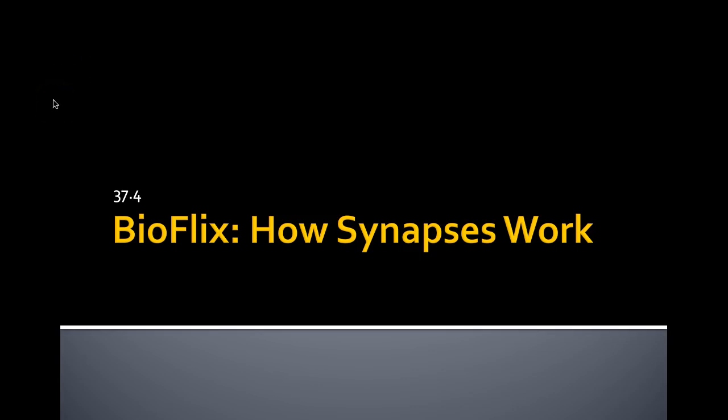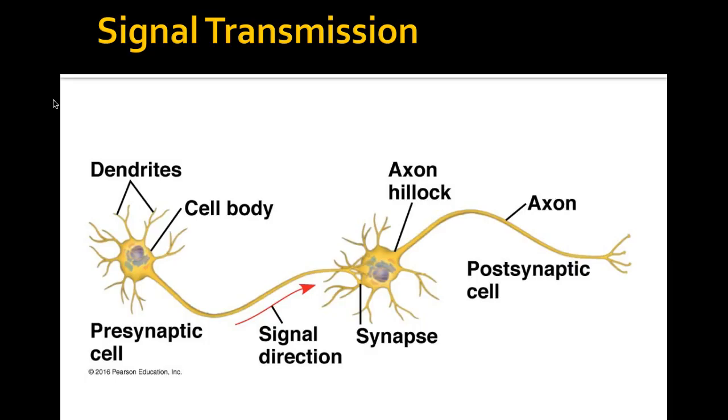Section 4 is about how synapses work in a neuron cell. A little bit of the anatomy of a neuron that you should be familiar with. We already know that the action potential, or the nerve impulse, moves down the axon away from the cell body, but there's also a couple other words that you should be familiar with. When the signal moves in this diagram, moving towards the right, that impulse is moving towards the next cell